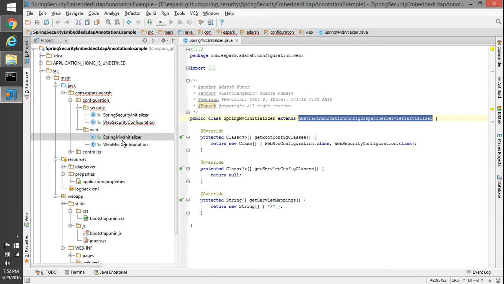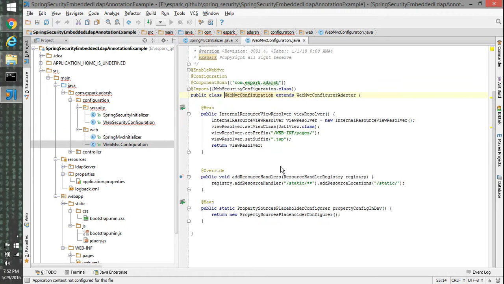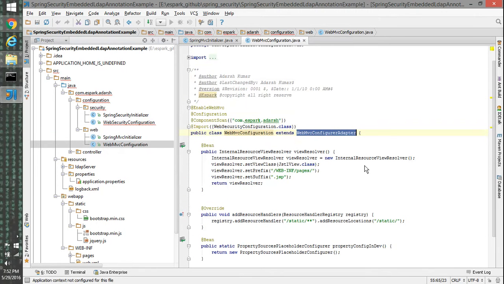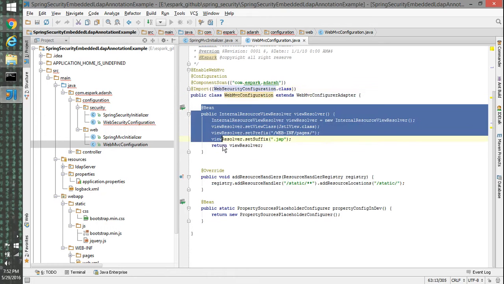Then we have a web MVC configuration here, which extends from WebMvcConfigurerAdapter. This class is annotated with EnableWebMvc and Configuration, and we are saying component scan for bean creation, and we are importing a security configuration file into that. Here we have a JSTL view resolver.